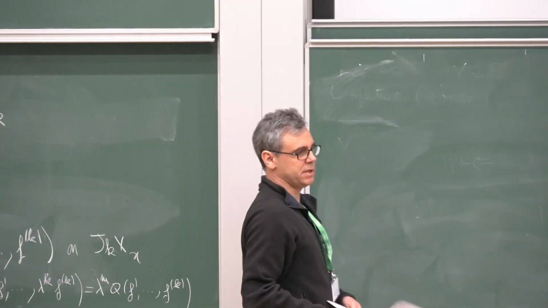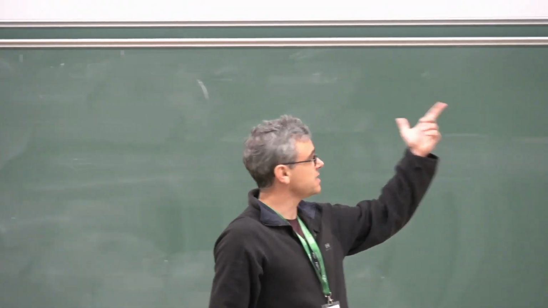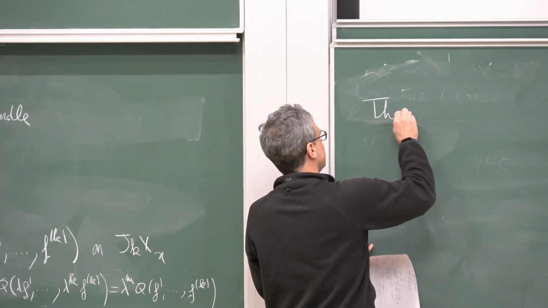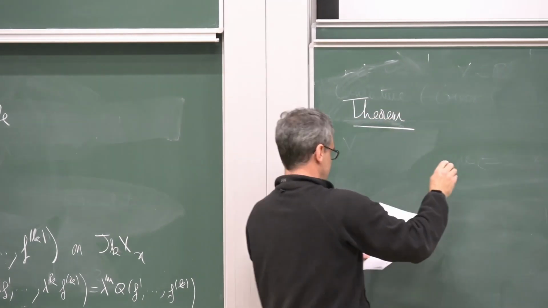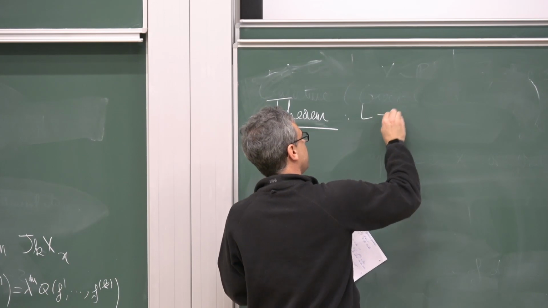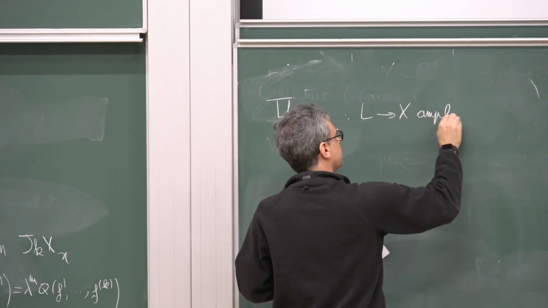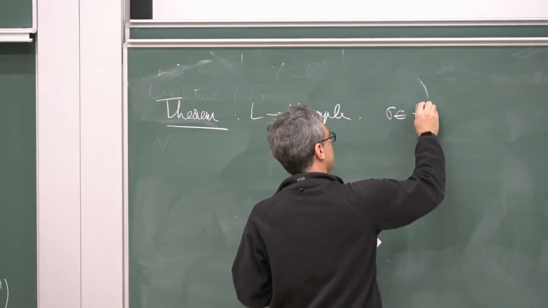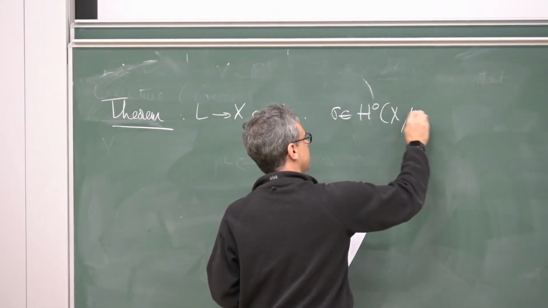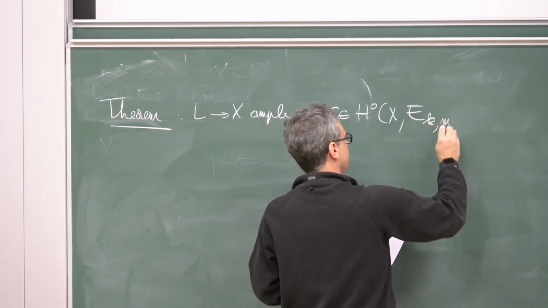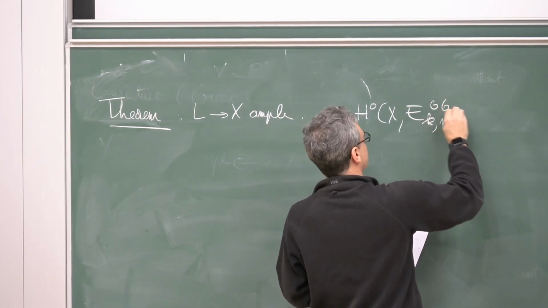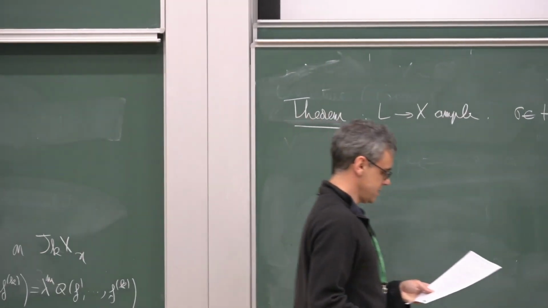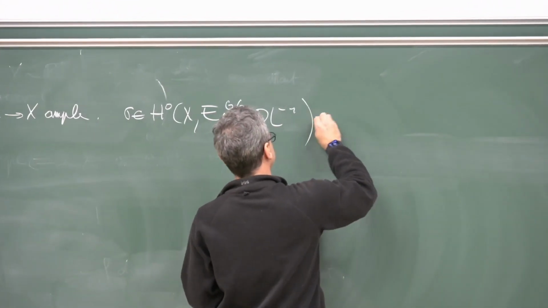Of course, it's a bit more technically elaborate, but the idea is exactly the same. So the statement tells you that if you can construct non-zero sections, suppose you can find such an operator, with this twist by minus an ample line bundle,